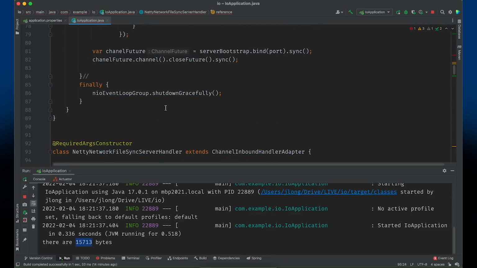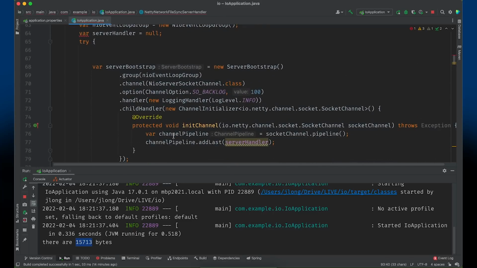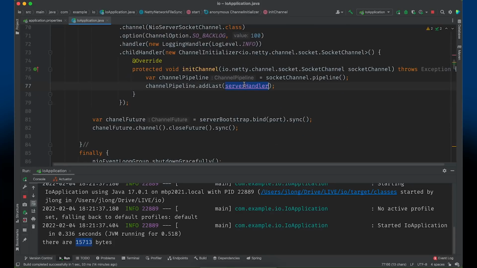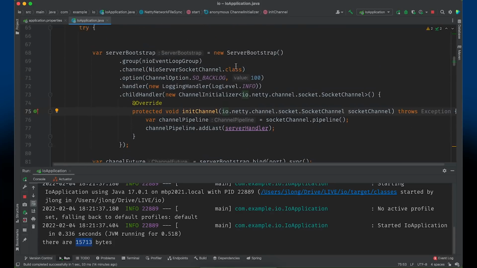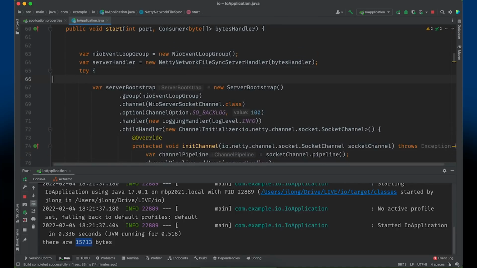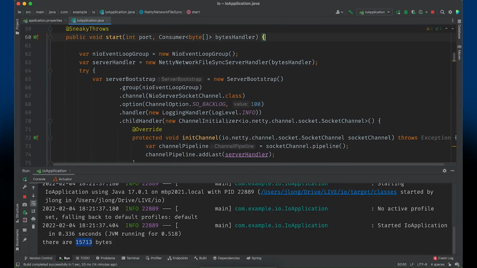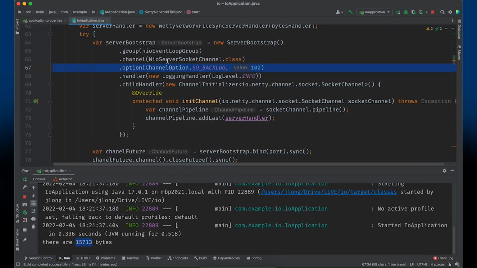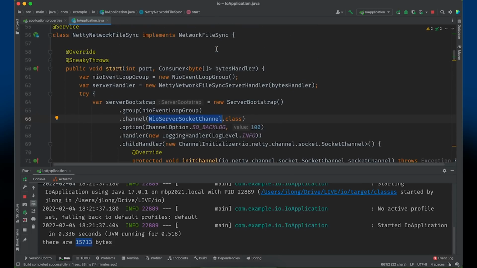Okay, so let's actually go ahead and plug this thing back in to our code upstairs here. So where's my server equals new one of these, right? And again, we can pass in the bytes handler, and we can use this in the implementation right here, okay? So I'm using the channel initializer, I'm using the server bootstrap. This is pretty mundane stuff. This is actually like, unless you have something to say about which options to use and which particular channel type to use and which event loop, and you might, by the way, like I said, there are some pluggable bits